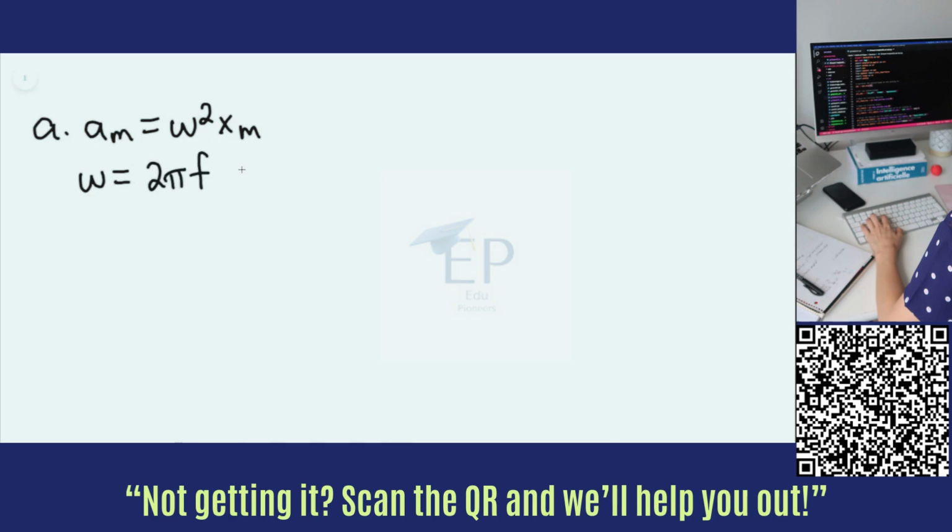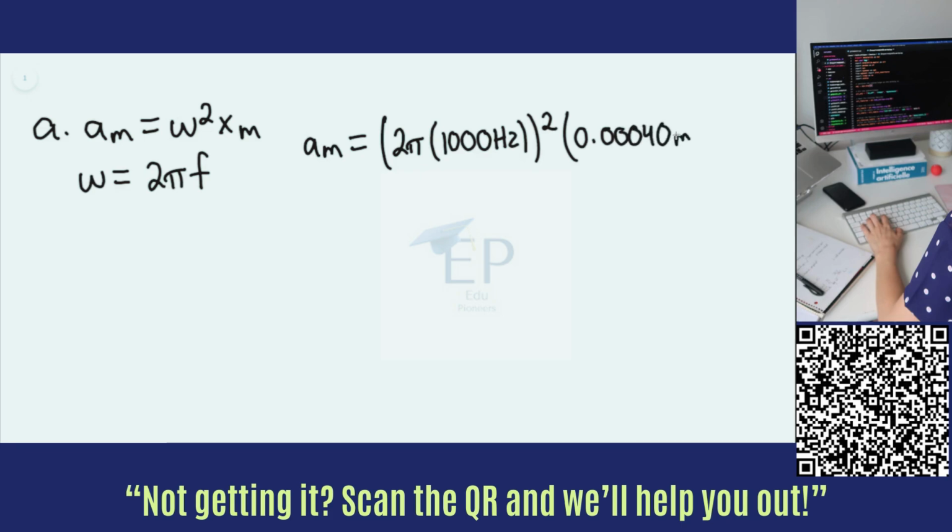Knowing this, we can simply substitute it in, and we see that the amplitude of the acceleration is 2 pi times 1000 hertz quantity squared multiplied by 0.00040 meters, and we find that the amplitude of the acceleration equals 1.6 times 10 to the fourth meters